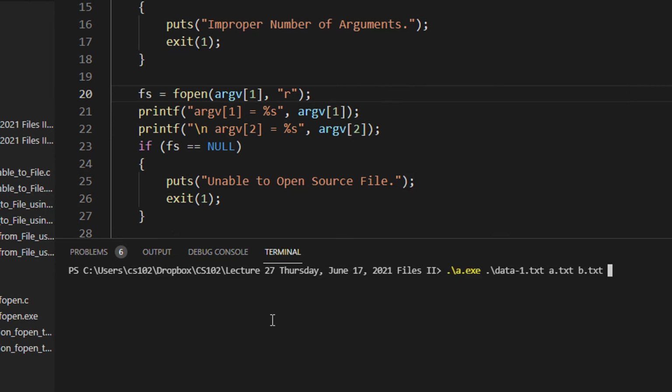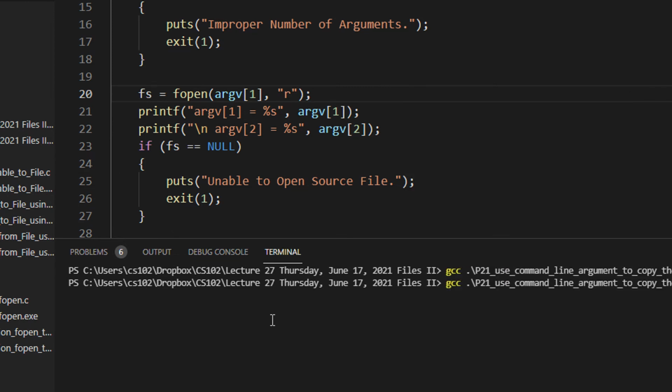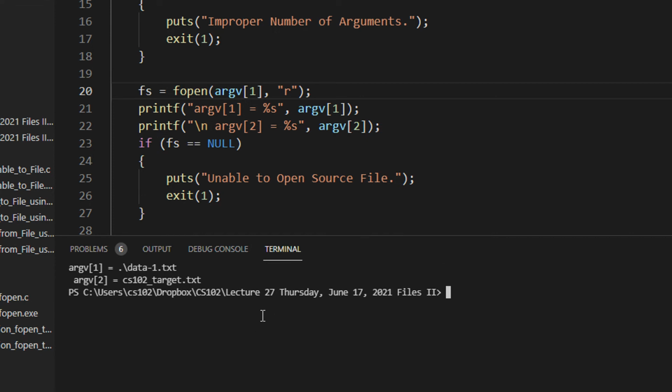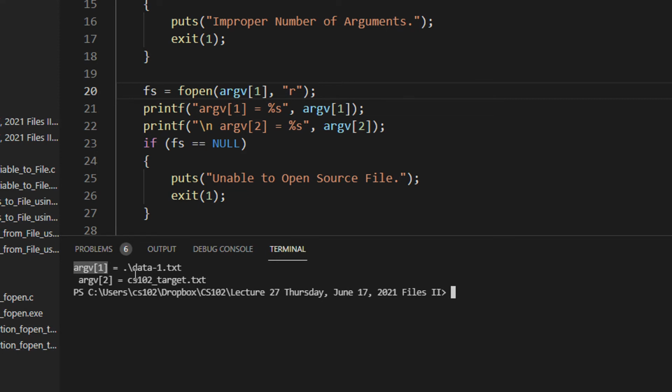It has to be run through the command line, so any changes, you first need to run via the command line. So you can see argv1 is this.